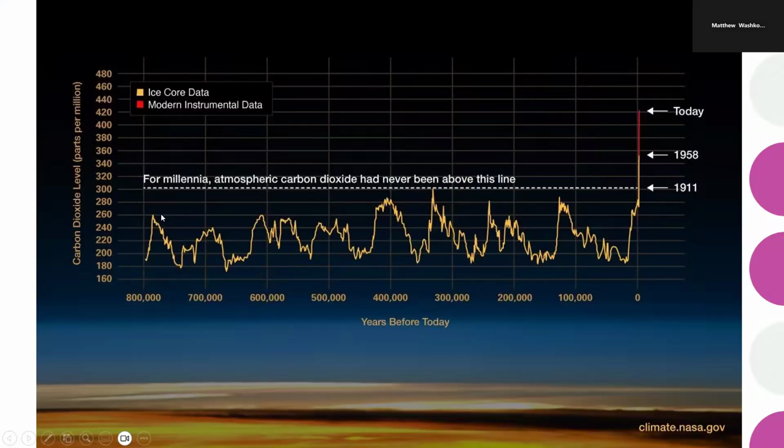So again, one of the reasons we know it's real is that we are able to track the carbon dioxide level in the ocean and in the atmosphere, and specifically with the atmosphere, we can do this going back millions of years. Well, how do we have data from millions of years ago about what the CO2 level was? Well, ice cores. You can go to Antarctica, drill out an ice sample, and that's how they're able to uncover that essentially.